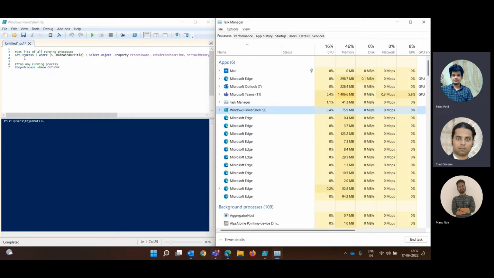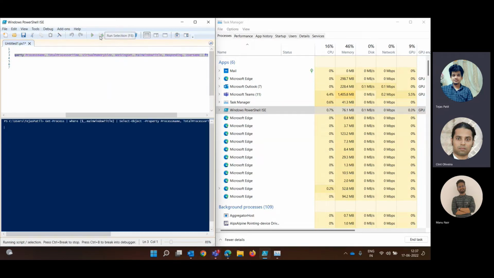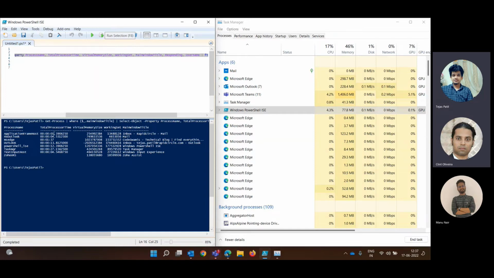The PowerShell way of doing these things is by entering this command, which is Get-Process. Let me go ahead and hit run. So we can see the list of processes running. Here we can see all the details of the processes like Outlook, Edge, Teams and Task Manager, etc. If you want to clear space, and you want to close one of the